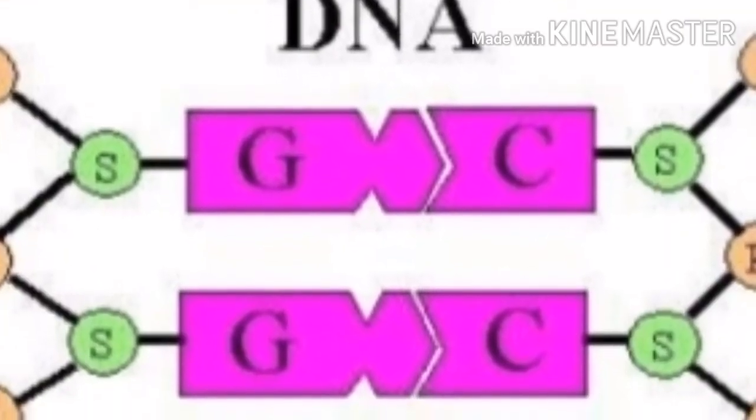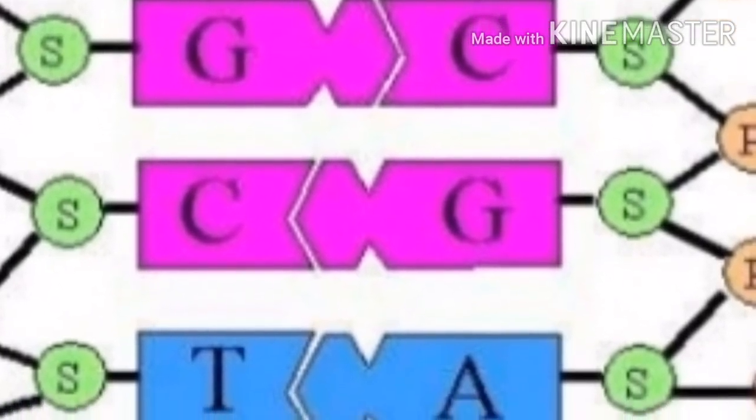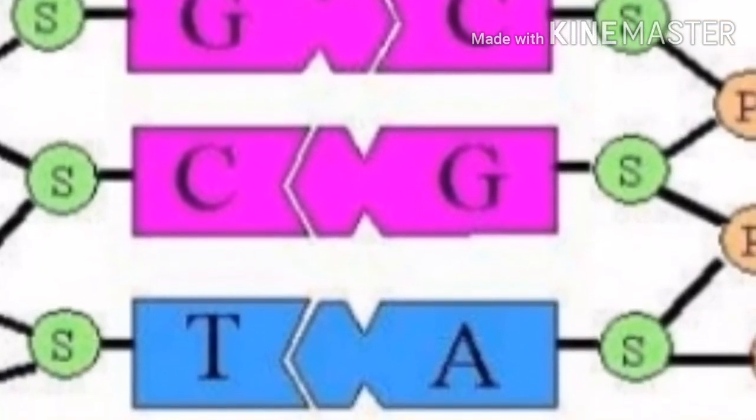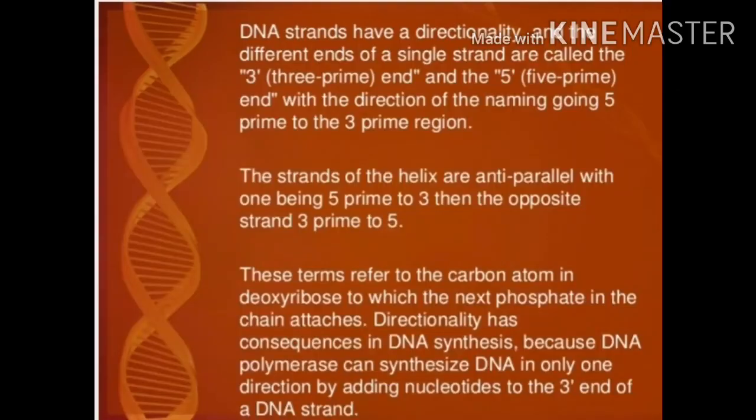So here is the molecular structure of the DNA, where the nucleotide bases are matched between strands through hydrogen bonds. So here you see that G bonds with C and T bonds with A. Guanine is bonded with cytosine by a triple bond, and thymine is bonded with adenine by a double bond, and S and P are the sugar and the phosphate. So this is the molecular structure of the DNA.